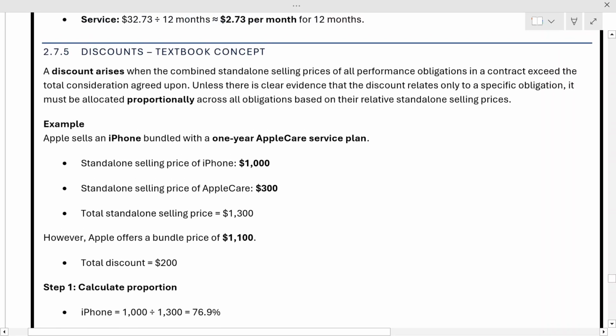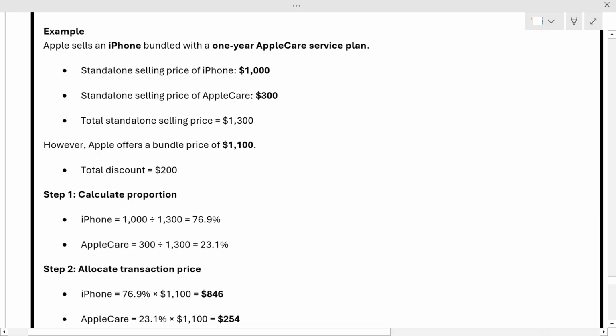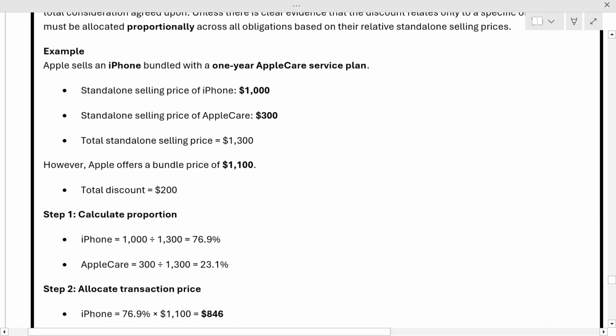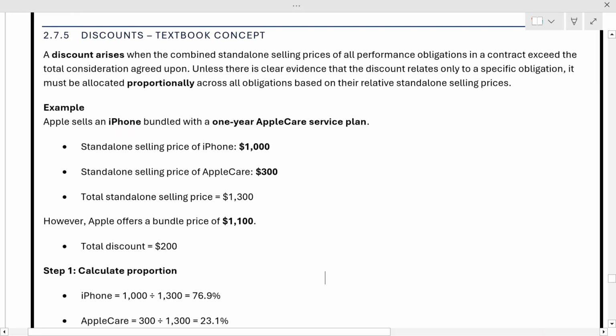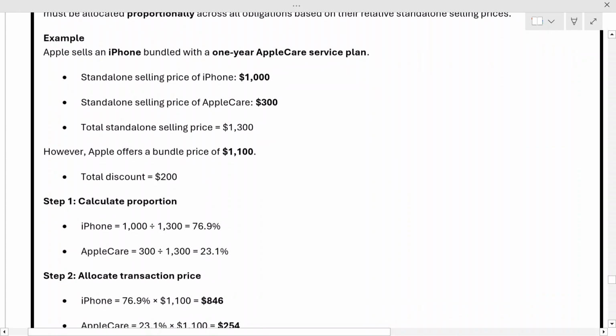Now a similar kind of example is given here, what we had seen above. So if you want, you can try and refer to that, and let's see that once. There is no problem to have a look for 2 minutes. There is a company known as iPhone company, and they are selling a 1 year Apple Care subscription plan. Standalone selling price for phone is $1,000, Apple Care $300,